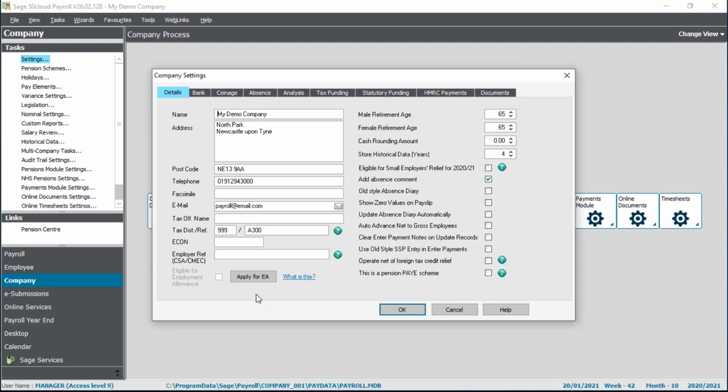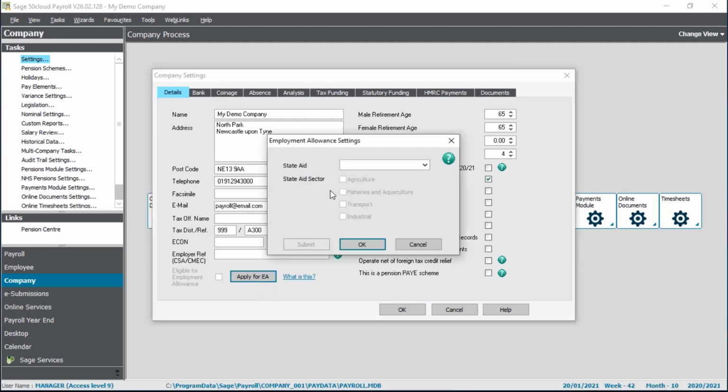So there are qualifying conditions. For example, your total employer national insurance for the previous year needs to be £100,000 or less. And it's not available to companies which just have a single director on the payroll. But if you are setting up and you're eligible for this allowance, you just need to run through these steps. Apply for employment allowance, choose whether state aid is applicable to your business, which it is to most businesses, and then choose the state aid sector. You'll then do a submission,